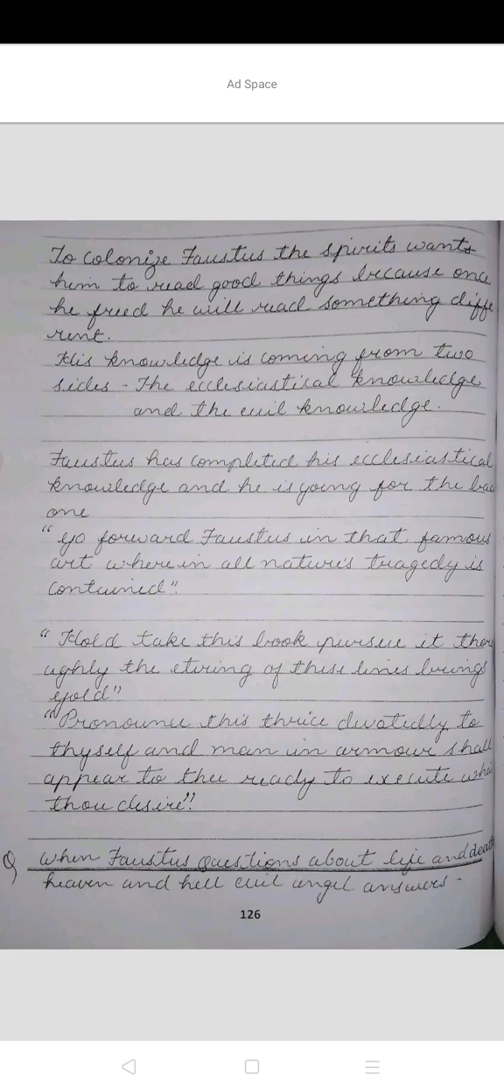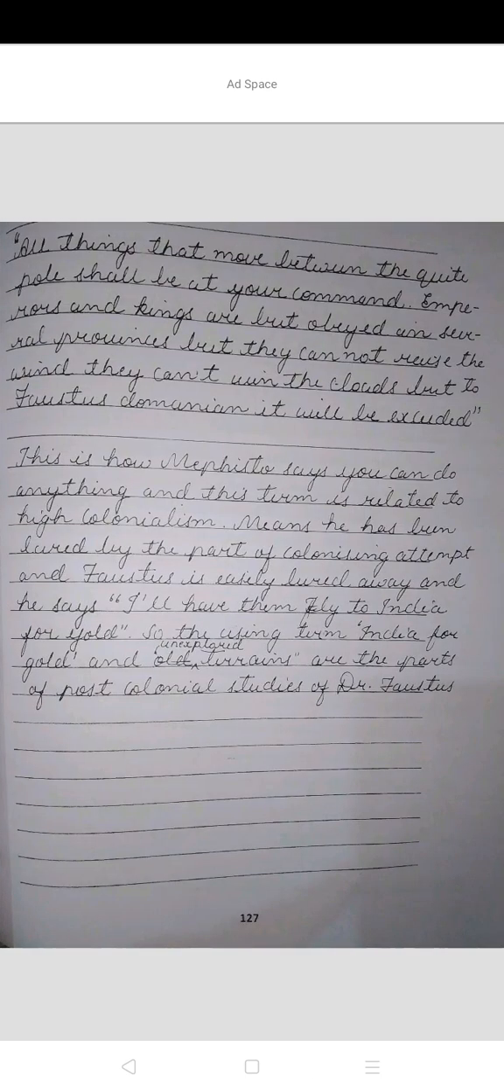The question arises when Faustus asks about life and death, heaven and hell, the evil angel answers, "All things that move between the quiet poles shall be at your command. Emperors and kings are but obeyed in their several provinces, but they cannot raise the wind or rend the clouds, but Faustus' dominion will be executed." This is how Mephisto says you can do anything, and this is related to colonialism, meaning he had been